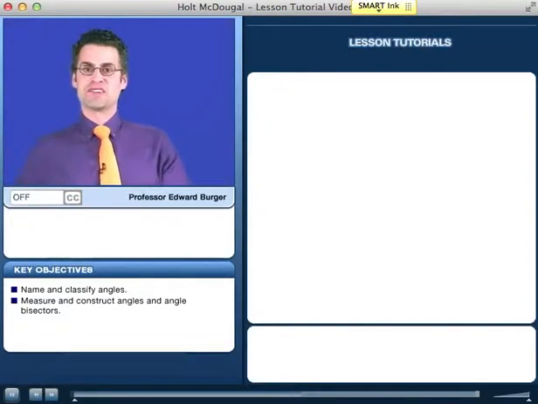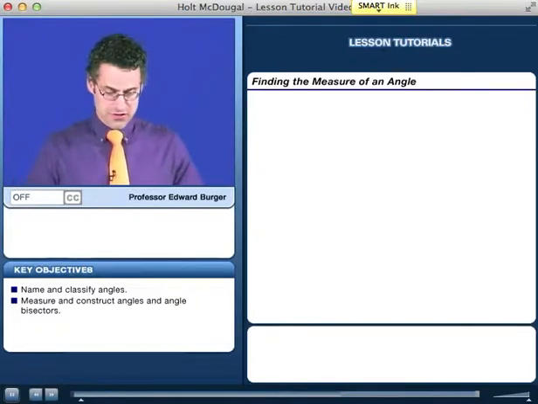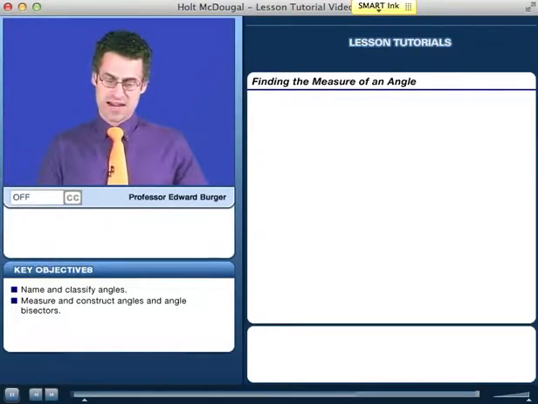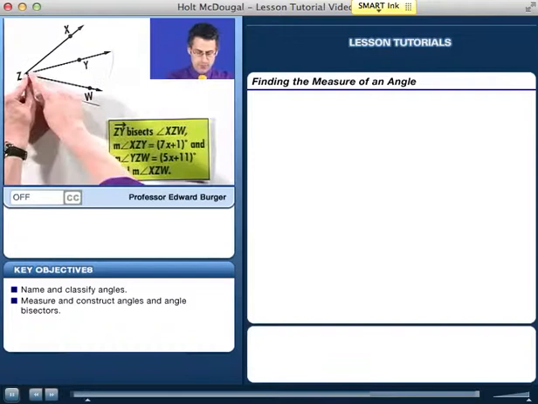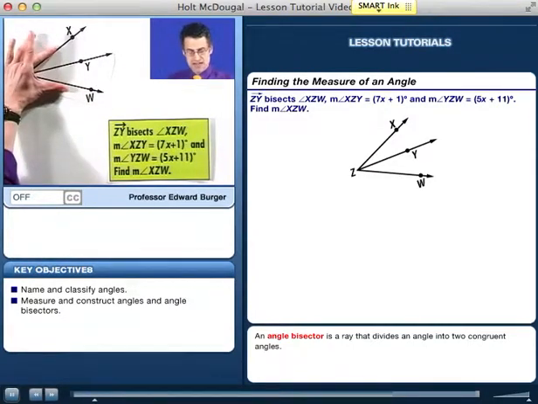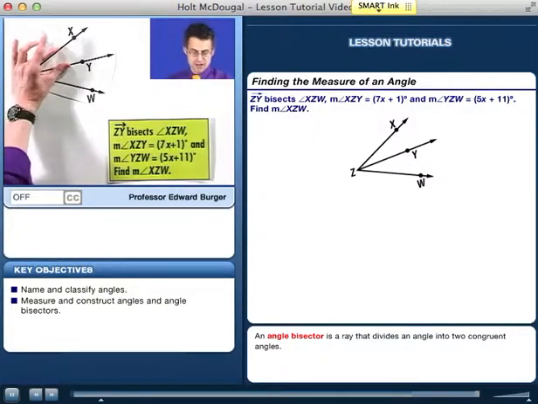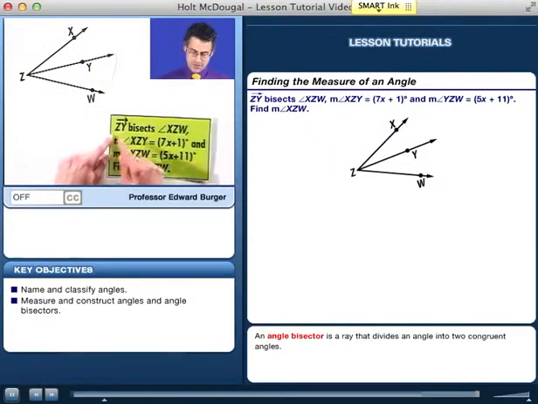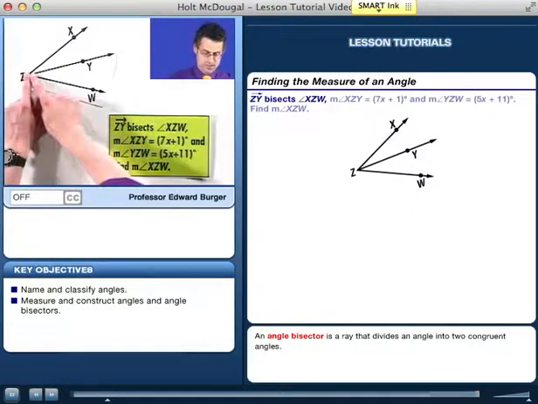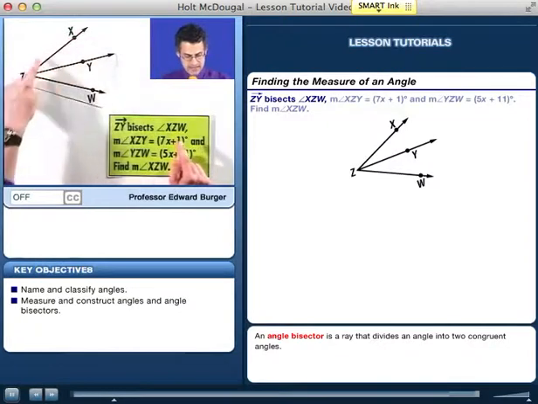All right, let's take a look at this question, which involves angle bisectors, and these are always great fun. So remember that an angle bisector is going to be some ray that has the property that it cuts this angle into two angles, each of which have the same measure. So check it out. I'm told that the ray ZY, which is this ray right here, bisects the angle XZW,